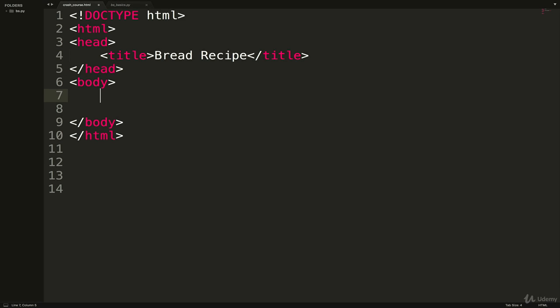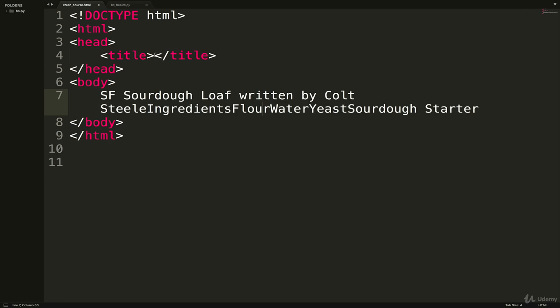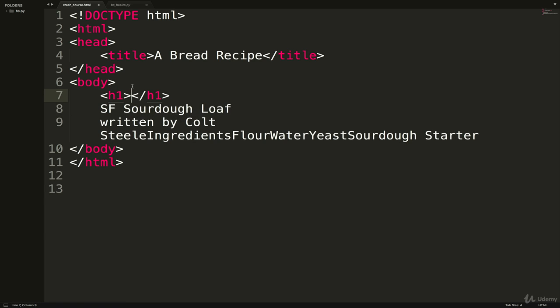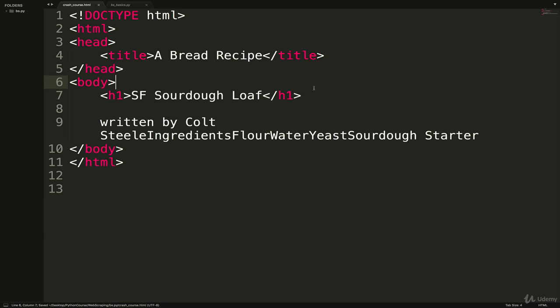Okay, so now let's just run through a couple of tags. I'm going to paste all of this in. I accidentally deleted that. So if I want to make this the largest text on the page, I can wrap it in an H1 tag. H stands for header. H1 is the largest. There's 1 down through 6, H1 to H6. So if I just do this, all of this text is going to be on the page, but only this text is going to be extra large. If I refresh, there we go. Make that a bit bigger. This is extra large, and this is just regular text.